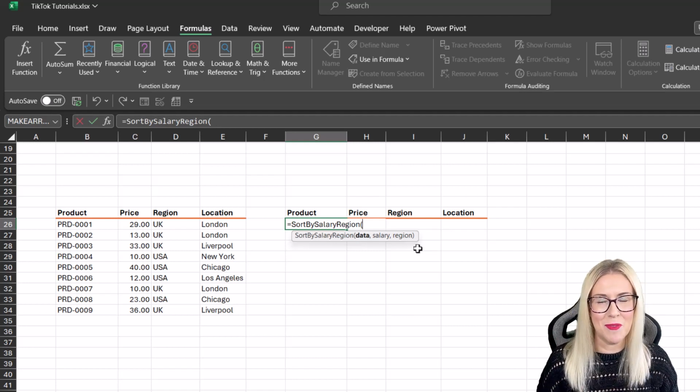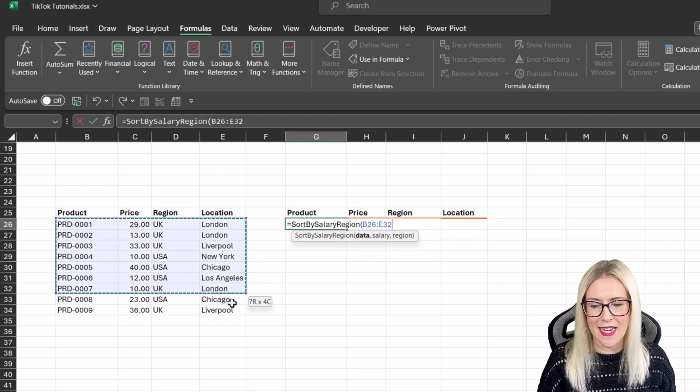So my recommendation would be that you make these variables a little bit more generic. So you might want to have data, sort 1, sort 2, so that people don't think that they're restricted to just the salary column and just the region column. But technically what I could do here is data, select all of my data,